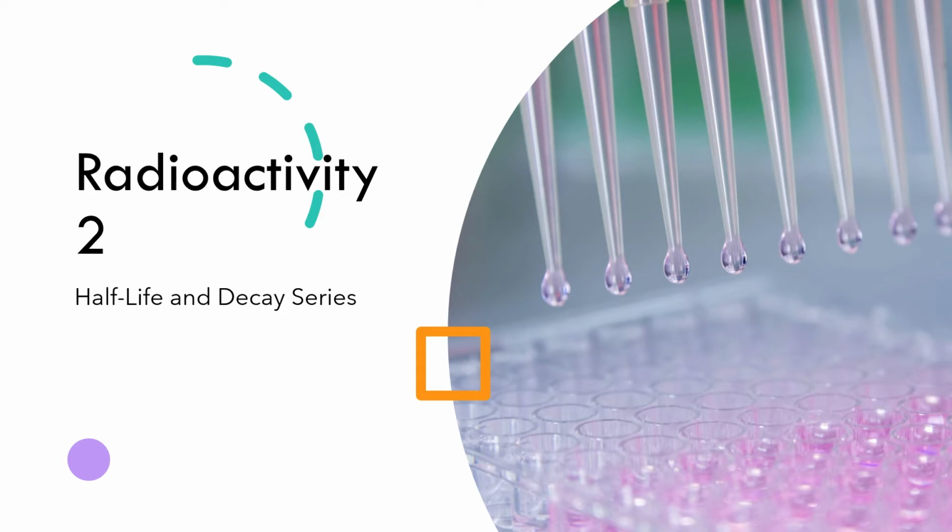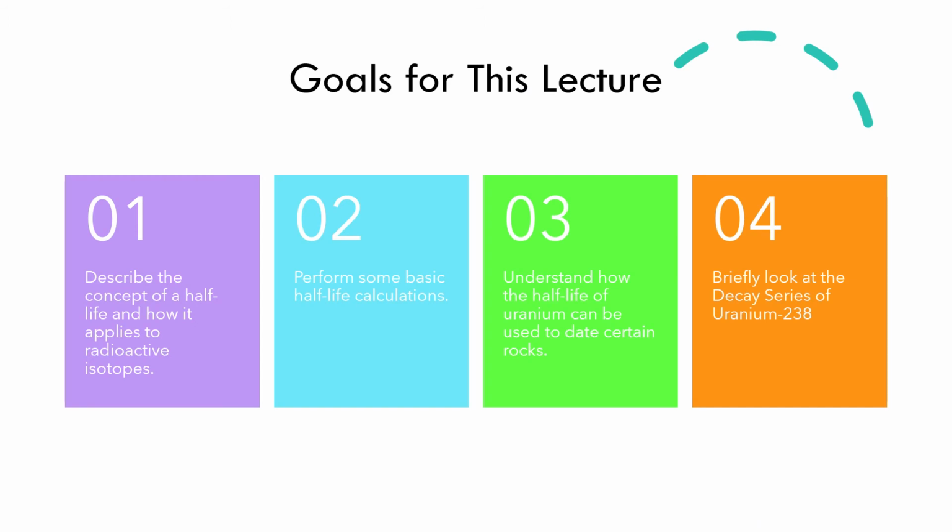In this video we're going to look at half-lives and radioactive decay series. Our goals for this video are to describe the concept of a half-life and explain how it applies to radioactive decay and radioisotopes. We'll also look at some basic forms of half-life calculations, as well as how the half-life of certain elements can be used in the process of radioactive dating, which helps determine the age of rocks and other geologic formations. Lastly, we'll look briefly at the decay series of uranium-238, which is a wonderful example of radioactive decay